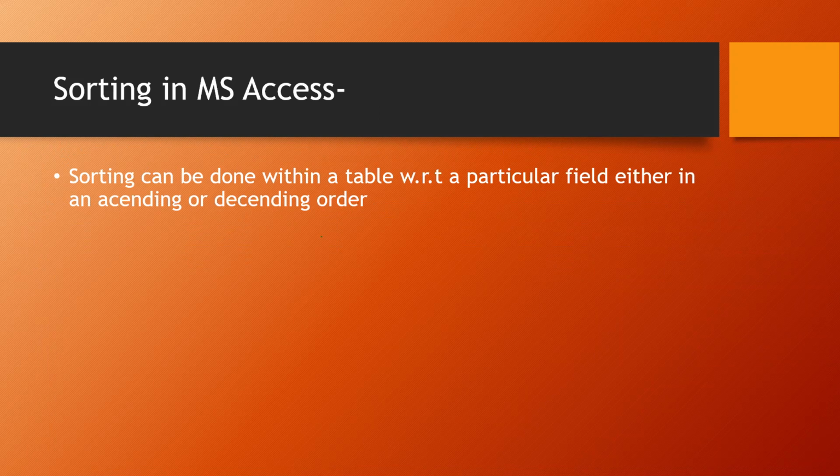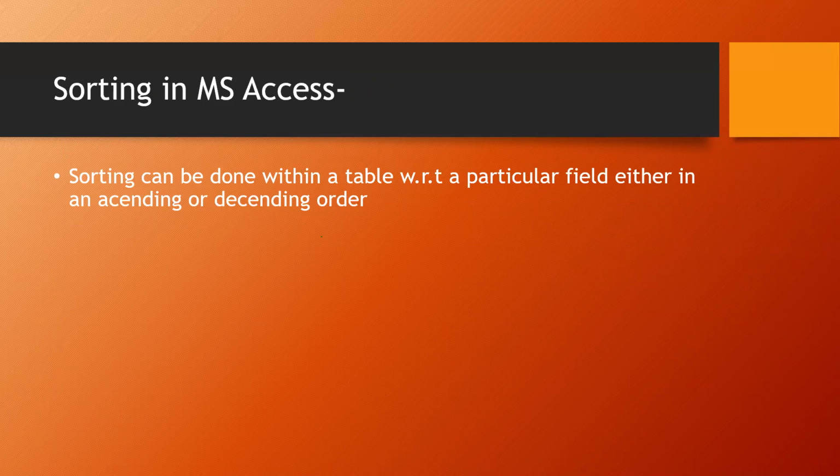All right. Last topic of this is, beta, sorting in MS Access. Sorting, whether it is in Excel, whether it is anywhere, maybe manually you are doing, sorting will always arrange data in some order. Okay, so here in MS Access also you can arrange data in a particular table in a particular order, that can be ascending or descending. All right. So for more details, beta, you can refer to page number 44, figure 3.14. Here you can see how you can sort the data from smallest to largest and largest to smallest.